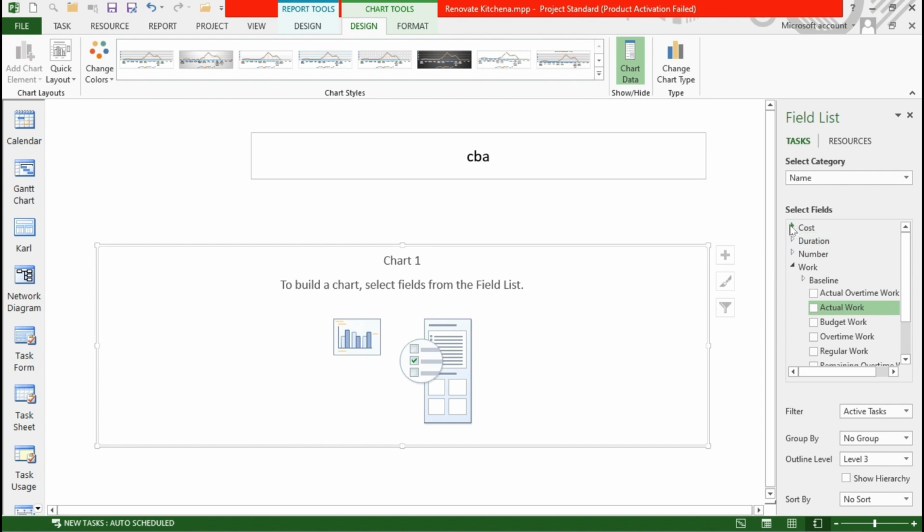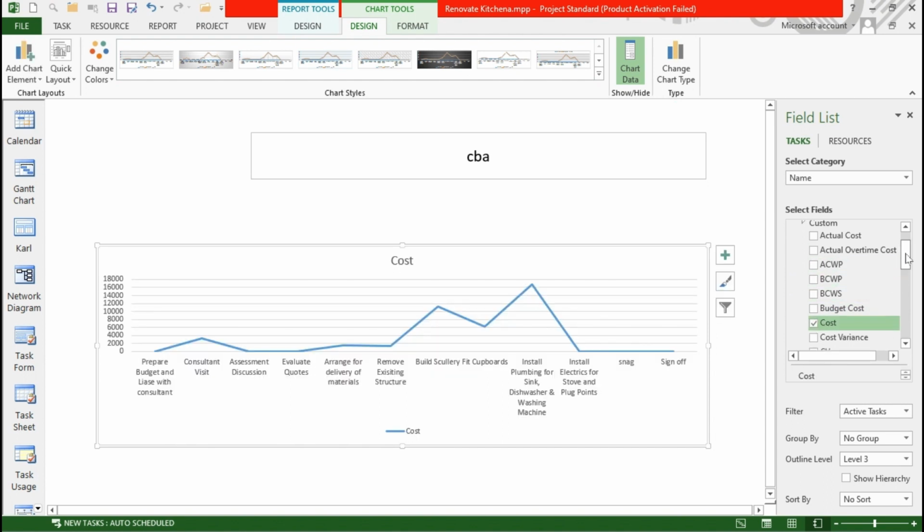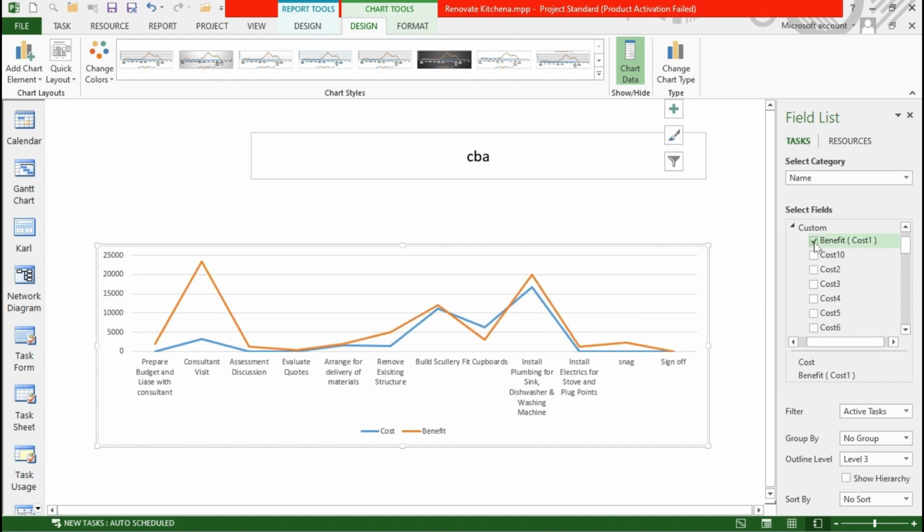And I'm going to go to cost here. Okay, all right, and I'm going to put in the standard cost. And then I'm going to put in my customized one, which was in fact the benefit one, if you recall. There we go. So there's the comparison across the different tasks, okay,